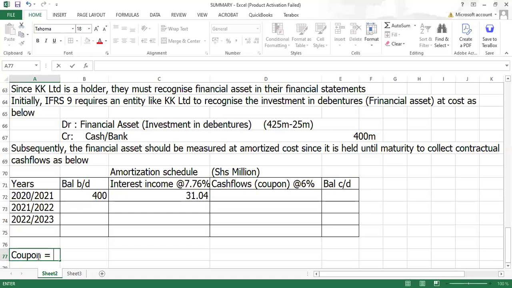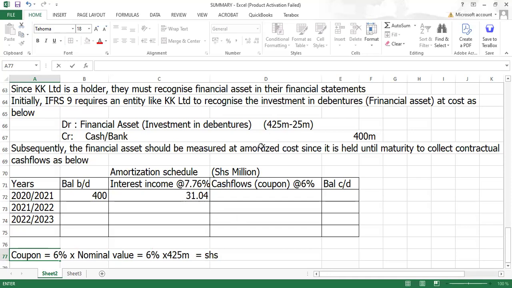rate attached on the debenture, that is 6%, then times the par value, the nominal value. This one, don't remove the interest, rather the discount. Don't remove the discount. Here it's the value of the debenture without removing the discount. So here it's 6% times, what was the value? 4.425 million. Don't remove the discount. The real value, the par value of the bond is 425 million. You don't remove the discount,